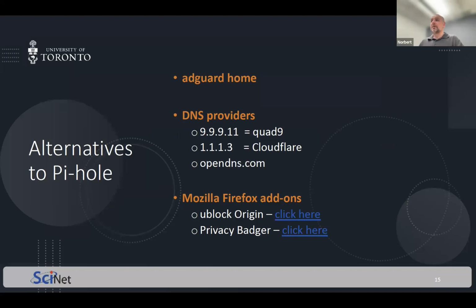Now, let's talk about alternatives. Pi-hole is not the only game in town. AdGuard Home is one of the other companies that provides essentially the same service. You can run it in the same way. You can run it as a Docker instance, and it will do its job. Now, I understand that this could be difficult to deploy, to have Docker, have Linux installed, have, you know,